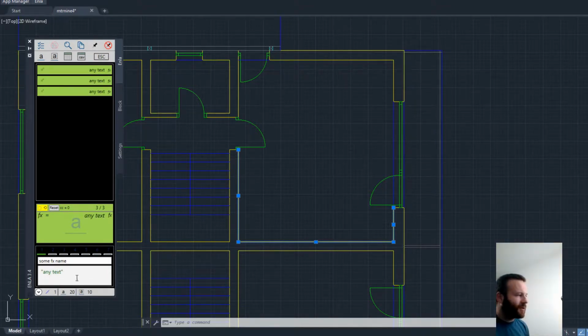And this text can be combined with math expressions or variables, like I said. So as you can see, this text here shows up here,